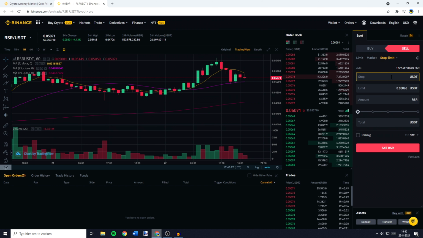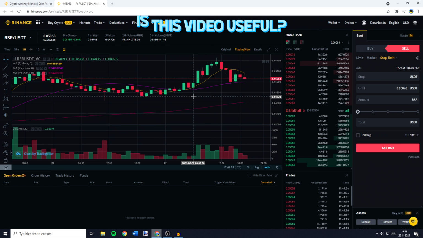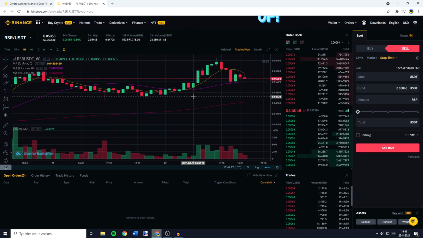A stop limit order consists of two parts, the stop price and the limit price. The stop price is the price at which your limit order will be created, and the limit price works the same as with a normal limit order. So the first thing you need to do is to decide at which price you want to set your stop loss. I want to set my stop loss at a price of